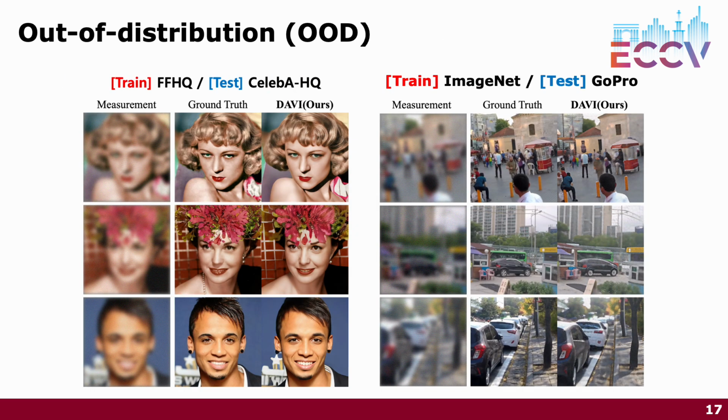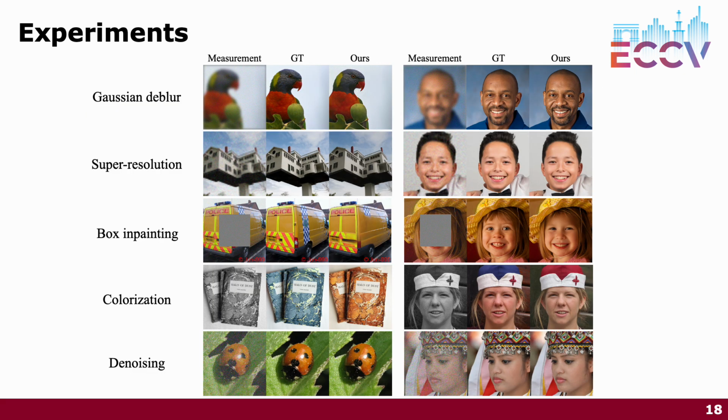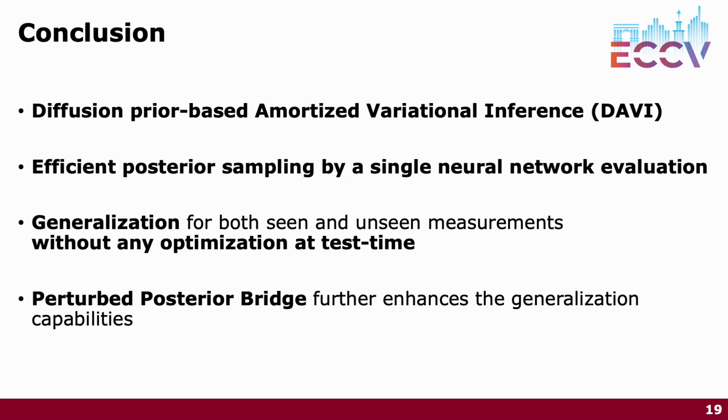For the out-of-distribution experiment, we set a test dataset different from the training dataset. These examples confirm DABI's strong ability to generalize to unseen distributions. Furthermore, we demonstrate DABI's versatility through 5 restoration tasks. In summary, DABI efficiently performs one-step posterior sampling without the need for